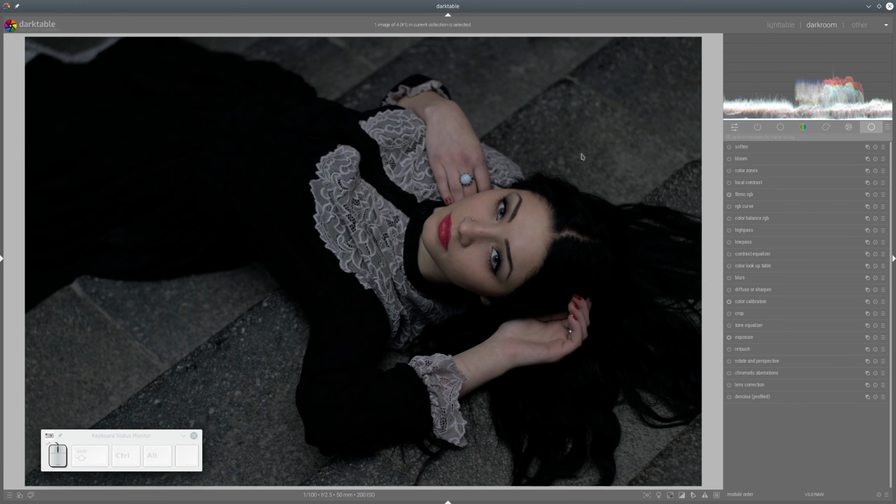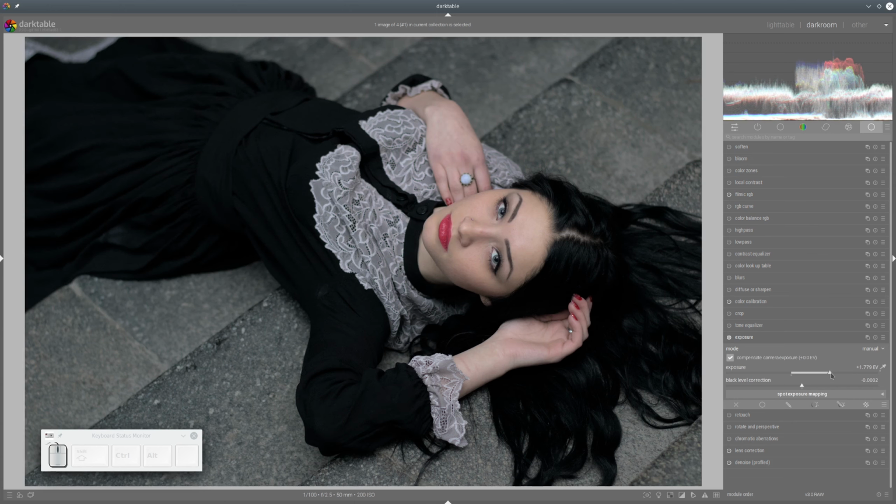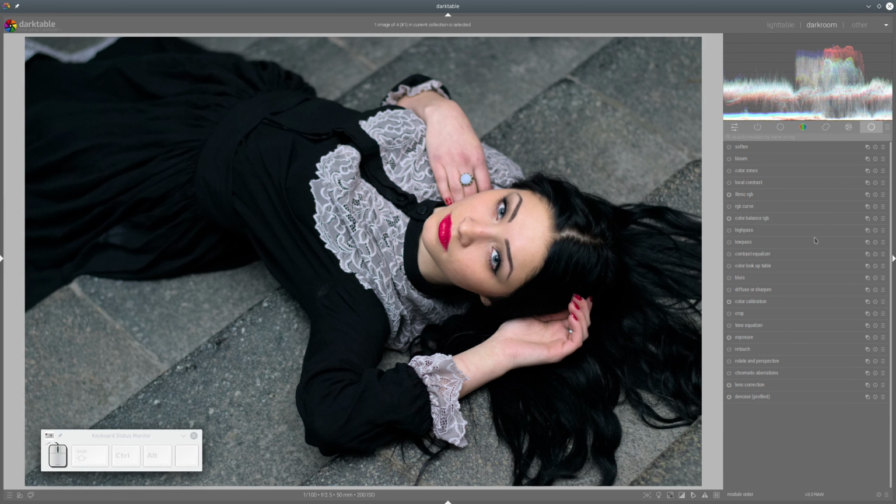Let's analyze a little bit our photo. To be able to do that I will improve a little bit basic things here. Brighten it a little bit, maybe add some contrast and saturation so that we can judge the scene a little bit better. And now you can see it already looks quite nice,